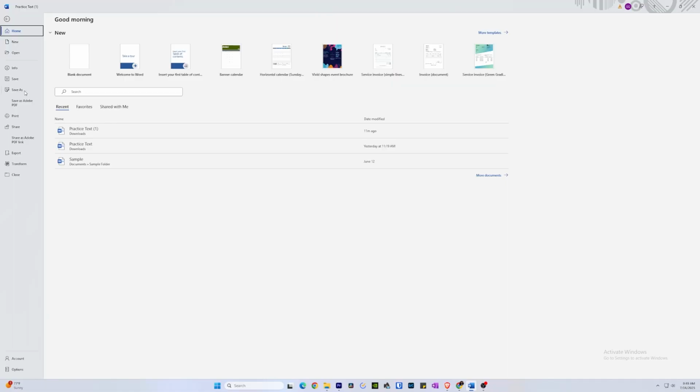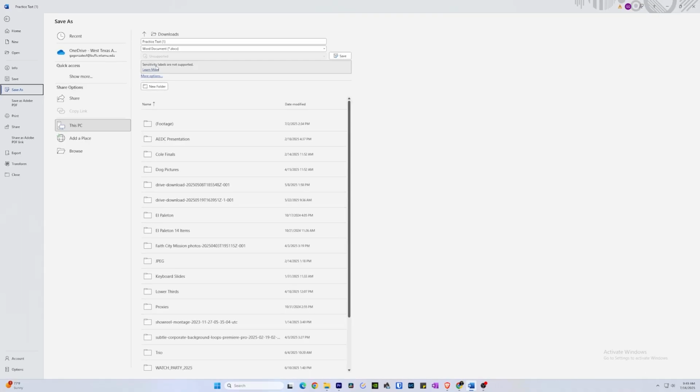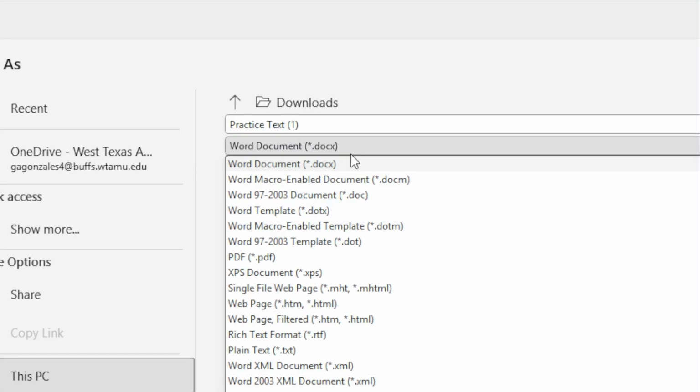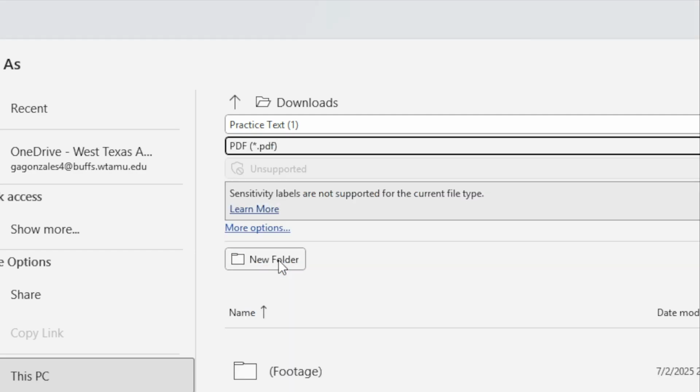It is often preferable to save a document and then share it, rather than sharing it directly from the app. When you use the Save As command, you can change a file's type. Most Word documents use the .doc or .docx format, but you can change this to .pdf or something else based on your needs. Note that changing the file type can change some of the formatting in your document, so it may not look quite the same when you're done.